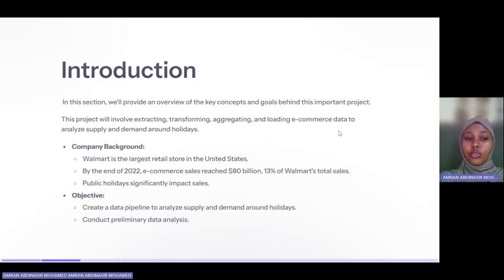This project will involve extracting, transforming, aggregating, and loading e-commerce data to analyze supply and demand around holidays. The company in the background is Walmart, the largest retail store in the United States. By the end of 2020, e-commerce sales reached 80 billion, 13% of Walmart's total sales, and public holidays significantly impact